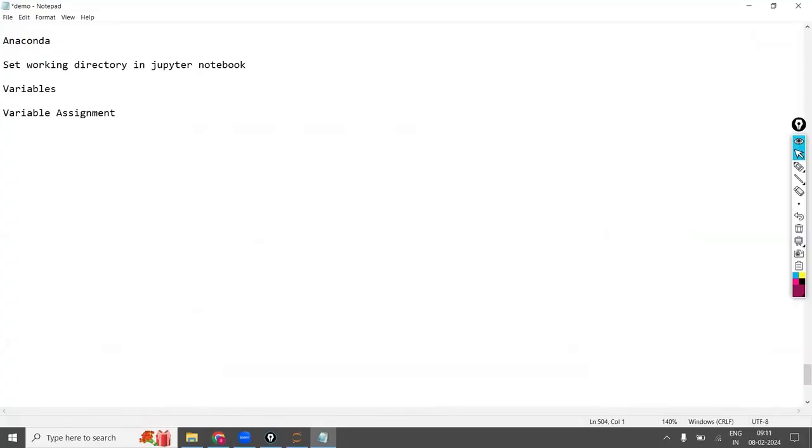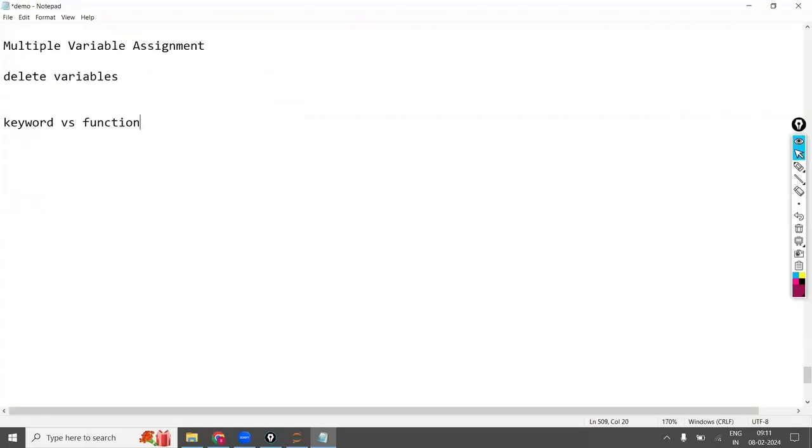From there, we saw multiple variable assignment, and then how to delete variables by using the del keyword. Del is called a keyword. Now, what is the difference between keyword versus function?